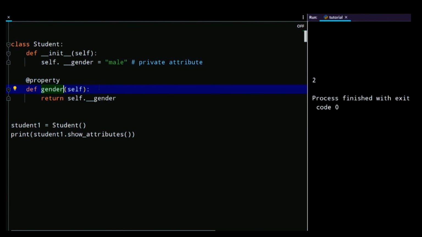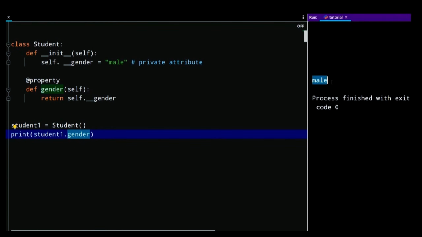Once we do this, we can access this gender attribute as if it was a public attribute. So now, if we want to access this gender value, we can just say student1 and then call gender, like that. This is the same way we would access it if it was a public attribute. If we run this code now,